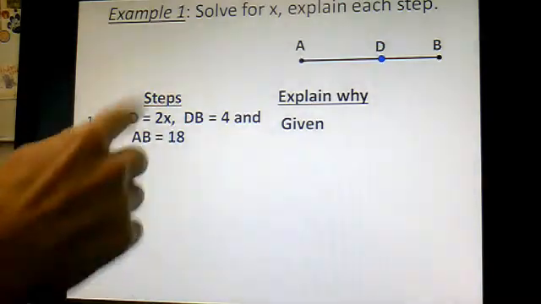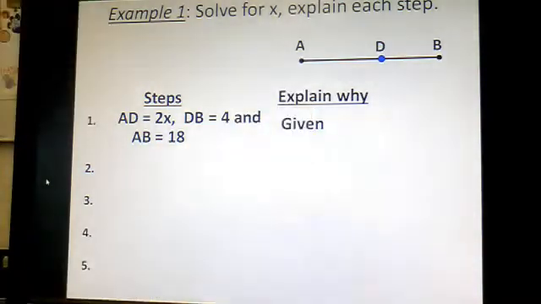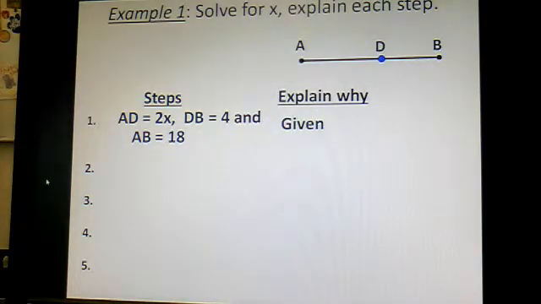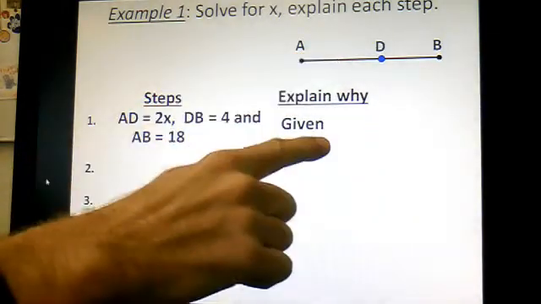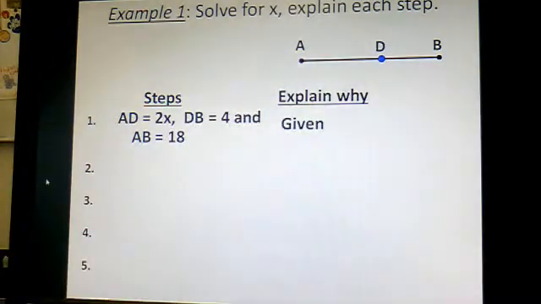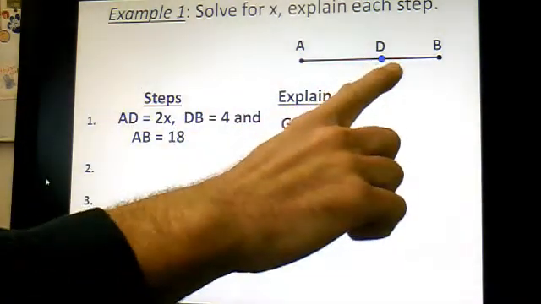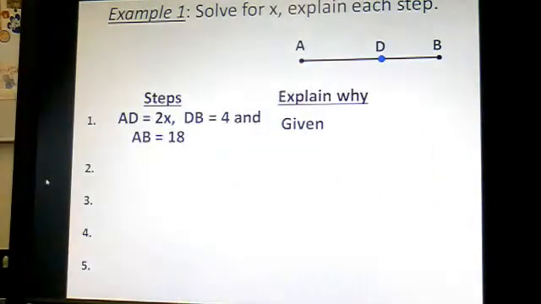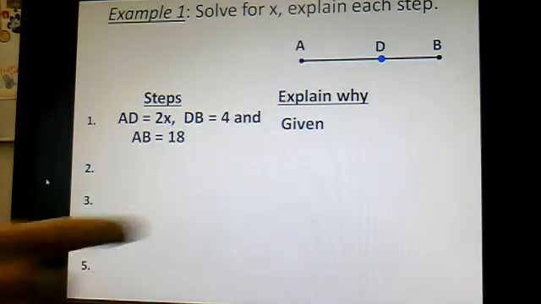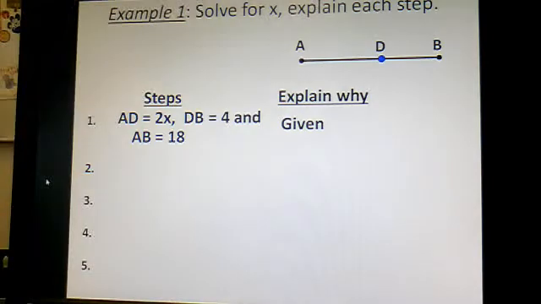So the reason this is true is because Mr. Hess gave it to me. It's given information. I also gave you the drawing, so technically you could say the drawing is given. You don't have to do that. But the drawing is given here where D is between A and B. Take a second and get that labeled. And you might even want to take your information here and add it to the drawing so you can set up your equation. Now before you jump the gun and try to get right to the last step on here,